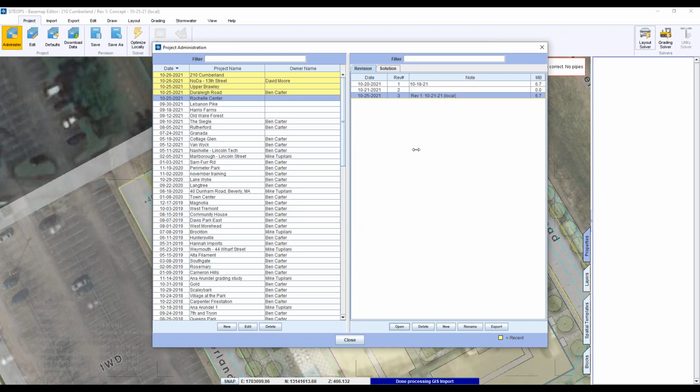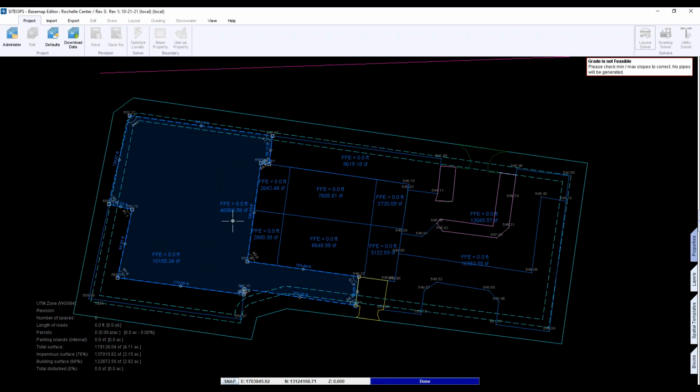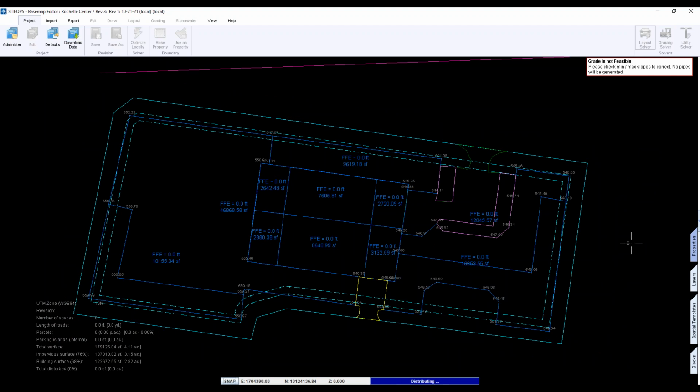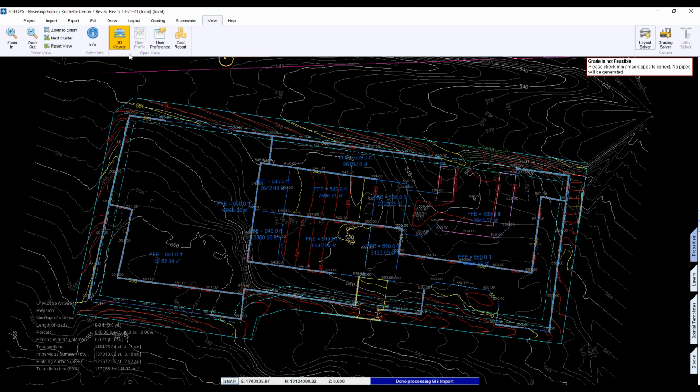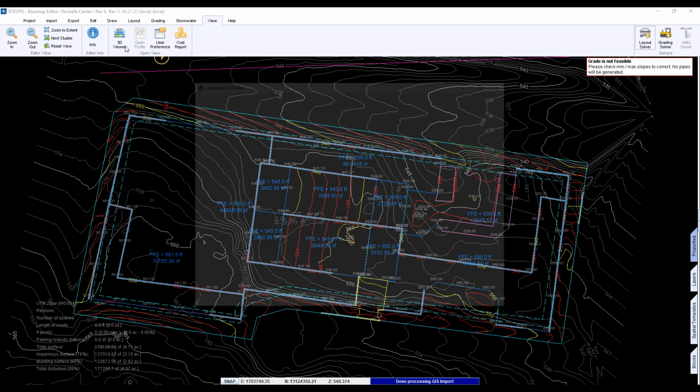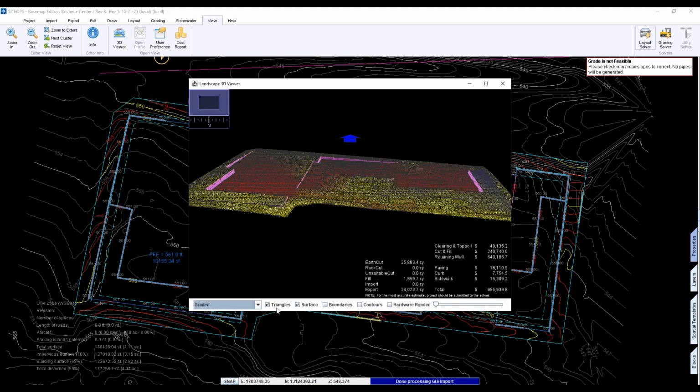Get it open up. I'll give you an example on this one of one where we did a VE. So I can get it open. All right. So this is another deck wrap type deal, and this one's got a lot more topo to it. So it's got a lot more stepping.